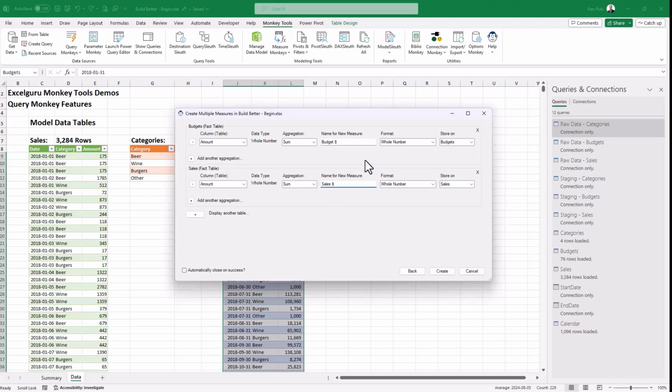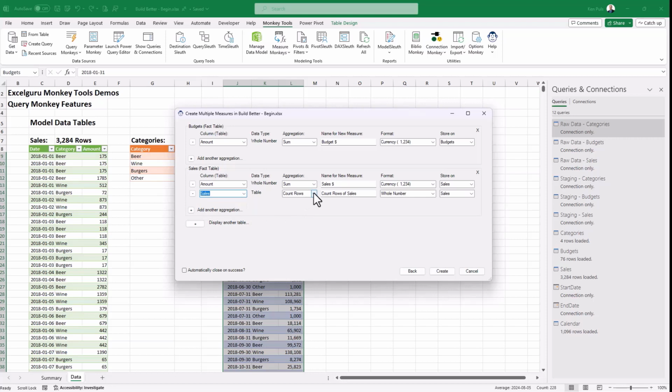Now we can put in whatever format we like here. I'm going to choose to put this in as a currency with no symbol and no decimals. I'm going to do the same thing here for my next one for sales. But before I leave, I'm also going to add one more explicit measure. So down here under sales, I'm going to add another aggregation. And we get the option to make additional aggregations for the amount column, for category, for date. And then this one here, sales, is actually the name of the table itself. So I'm going to choose this one.